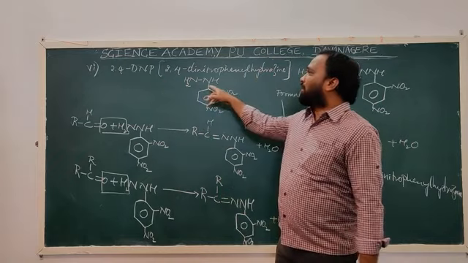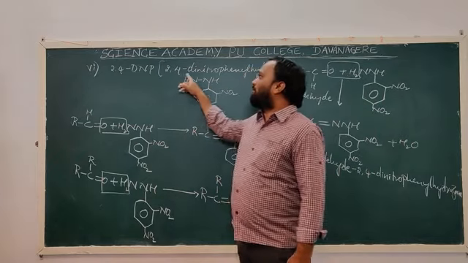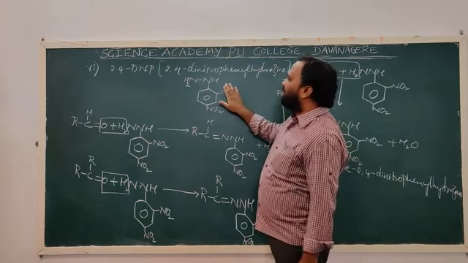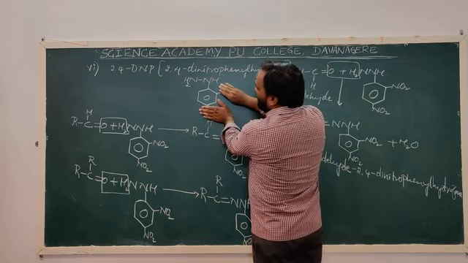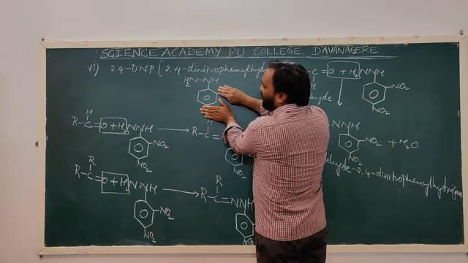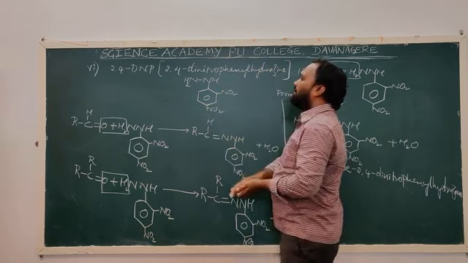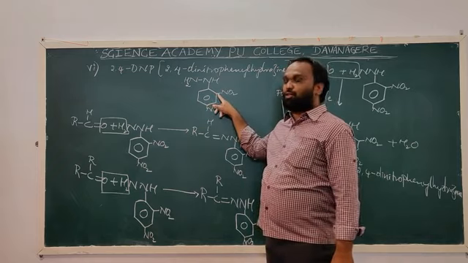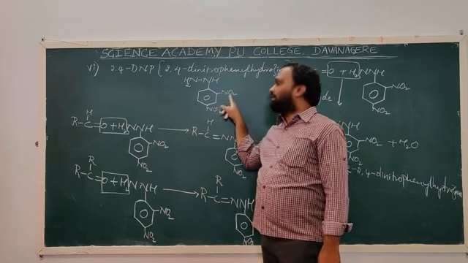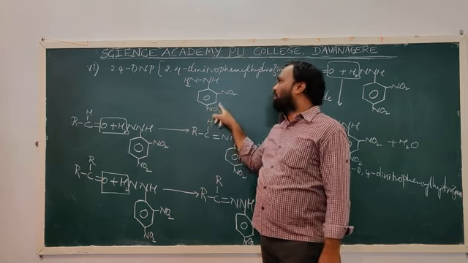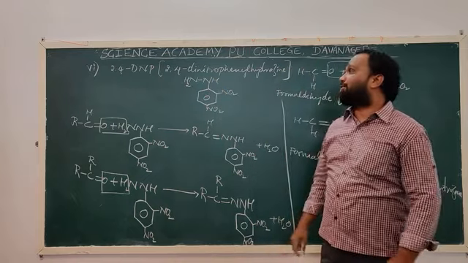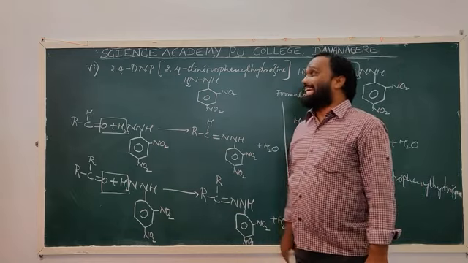Next reagent is 2,4 DNP, that is 2,4-dinitrophenylhydrazine. You know the formula of phenylhydrazine. So this is the formula of phenylhydrazine. At positions 2 and 4, put NO2 groups. This is position 1, this is position 2, 3, 4. So put an NO2 at position 2 and another NO2 at position 4. So you will get 2,4 DNP. This is the structure of 2,4-dinitrophenylhydrazine. So it is a DNP. What is DNP?